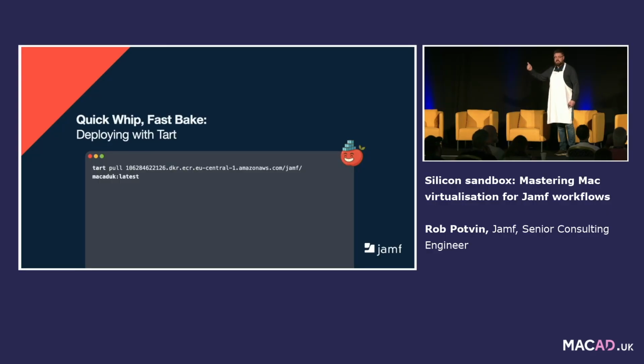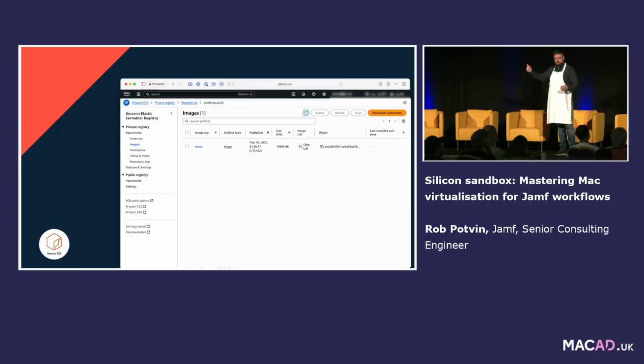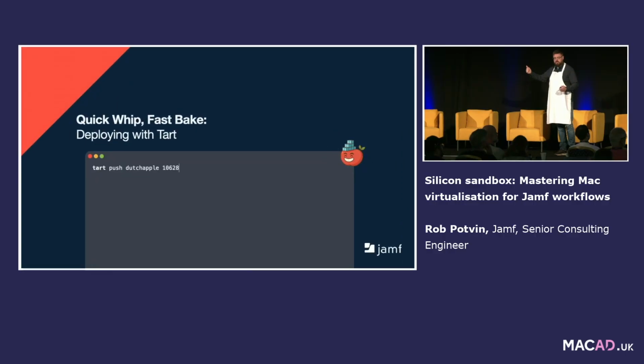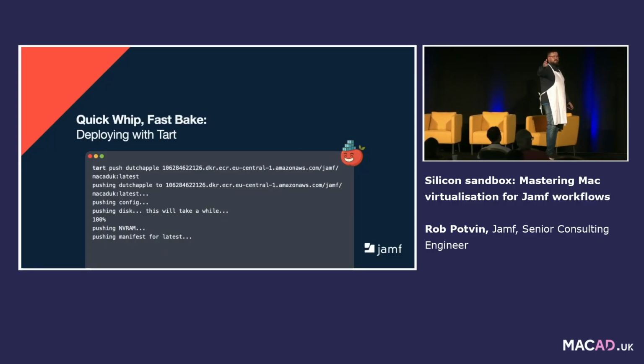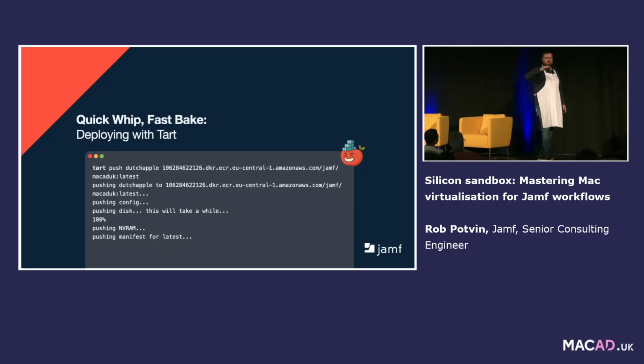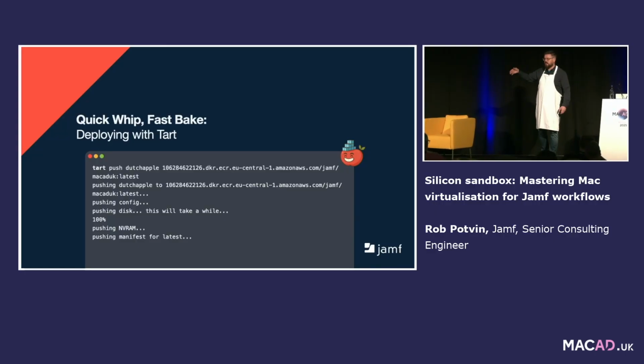You can tag anytime you push, and let's go back one slide. Right there. You can tag it. Notice I said push, and I did :latest. That is the tag now to pull down. So if I go pull latest, it's going to pull the latest. But if I change this in any way, or I'm betaing, so I go to the developer portal or the Apple IT portal, and I download an IPSW for the next beta, I build an image out, I can put in the version number of the macOS, or I can just say beta, and all we need to do is Tart pull, with the tag beta, and then it pulls down that version.